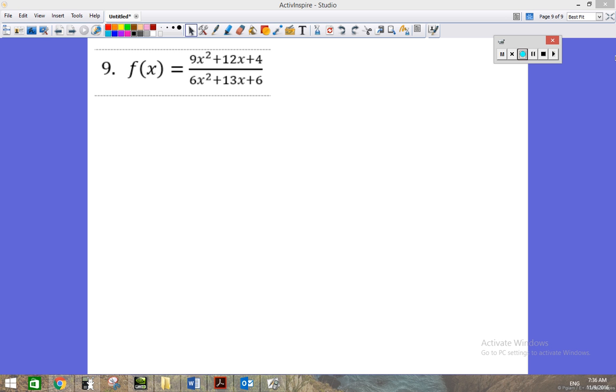Let's take a look at this problem. We have a rational function, a ratio of polynomial functions. They're asking us for three things: the domain, and to identify any vertical asymptotes or holes that the graph of this rational function has. So we want to focus our attention on the denominator, and we need to solve this